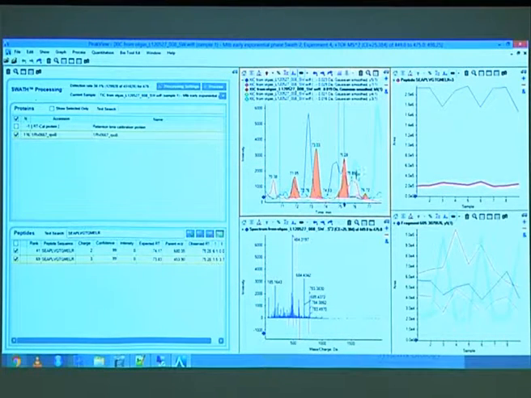Maybe not that easy to see, but that one is definitely a bit higher than it should be. But yeah, in this case, we can also check that one again. 75.28 is the elution, the retention time. Oh, I see it here. The retention time is perfect in these two cases,